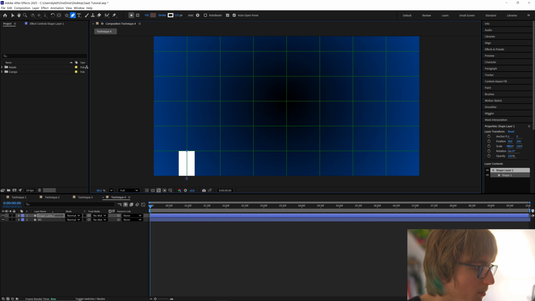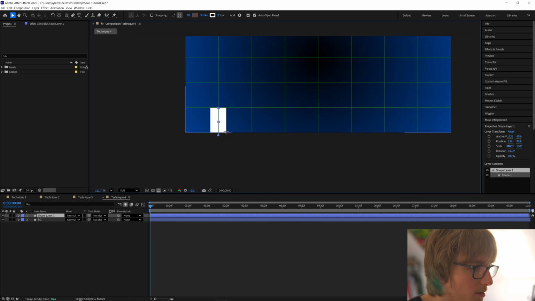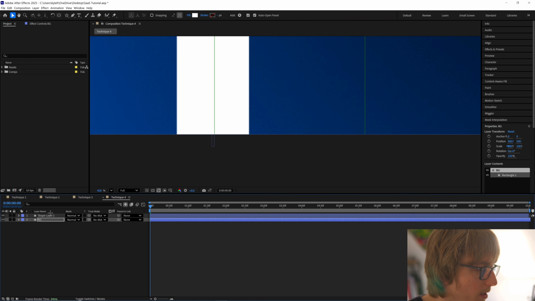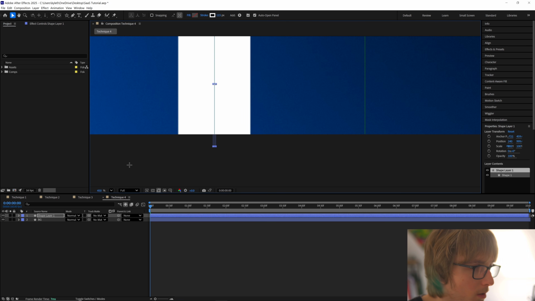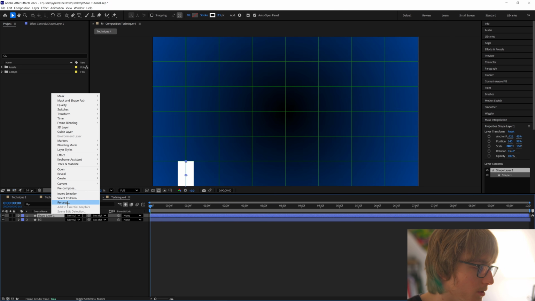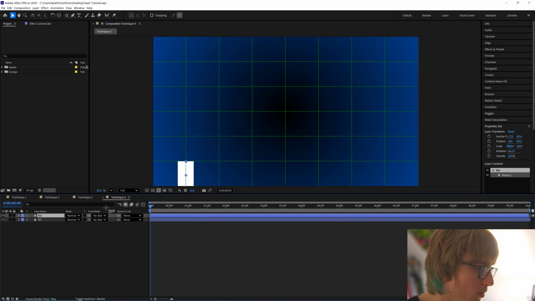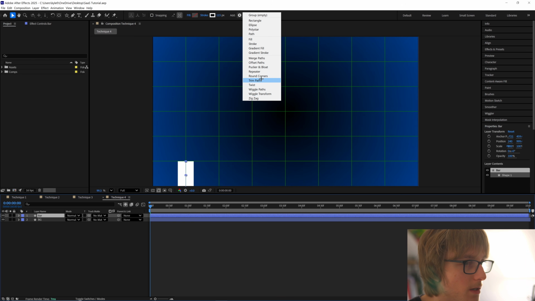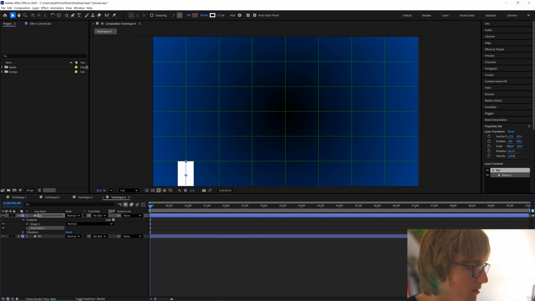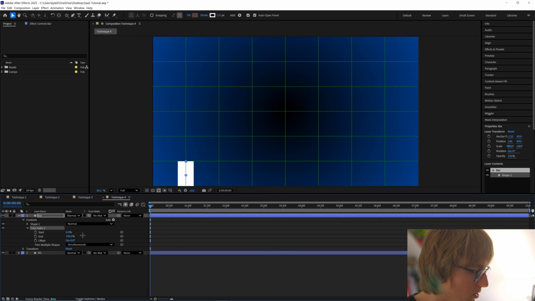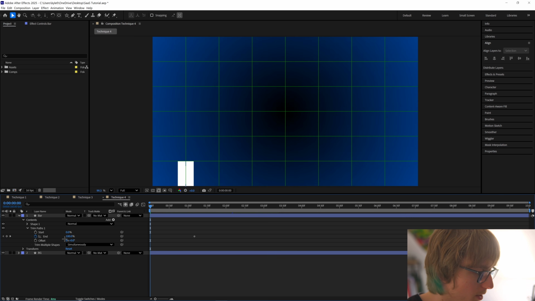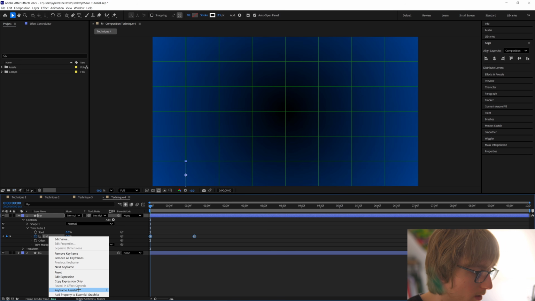Then I'm going to make sure it is centered on this line here, like so. Then I'm going to rename it bar. And then what I'm going to do is add trim paths. Then come into the trim paths control, which is under contents. Okay, so animate the end over roughly a second and make it go from 0 to 100,